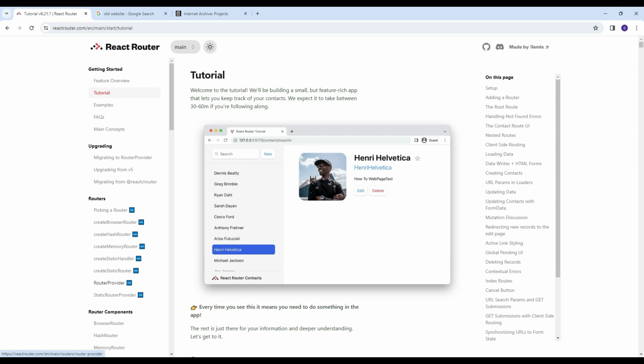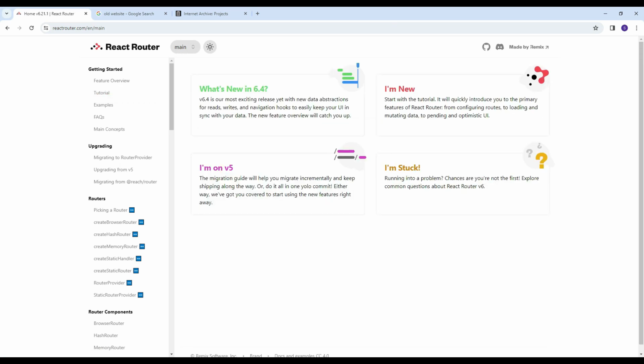To use React Router, we have to install a dependency in our application, which is React Router DOM. The current version is v6. When you go to the React Router website, the 6th version is already launched, and that's what we are going to use.